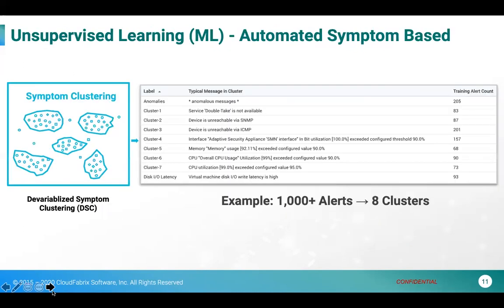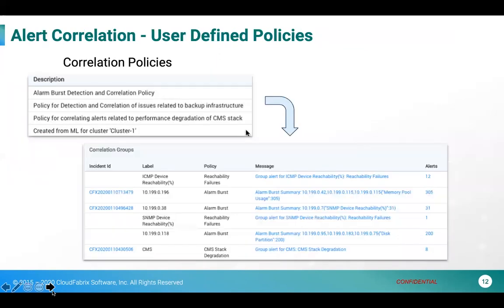And then this is what we are talking about, right? You take your historical data, generate symptoms, and use the symptoms to create your correlation policies. And you also have an ability to change it, either by saying that I want this symptom to be observed for 3 minutes or 5 minutes, or on a stack basis or alert type, and we'll see those things in the demo. But just keep in mind, I have the symptoms, but I'm also able to define the scope. So that's how I group them.